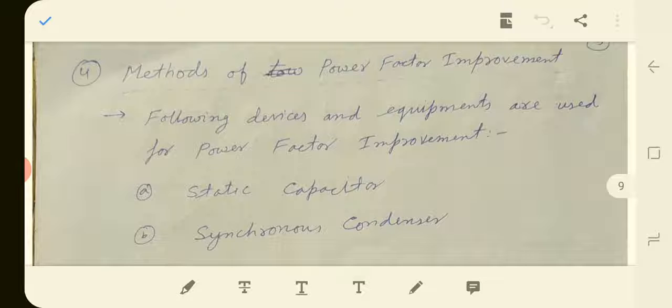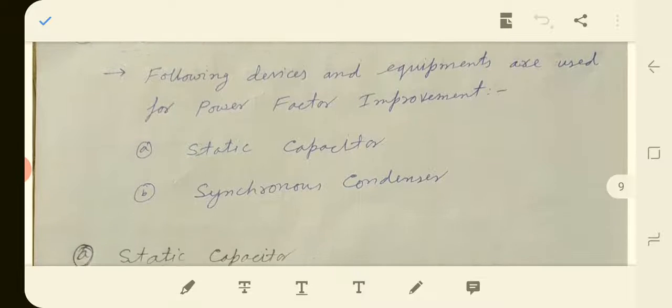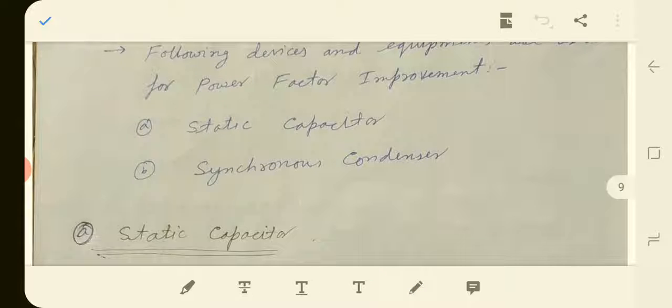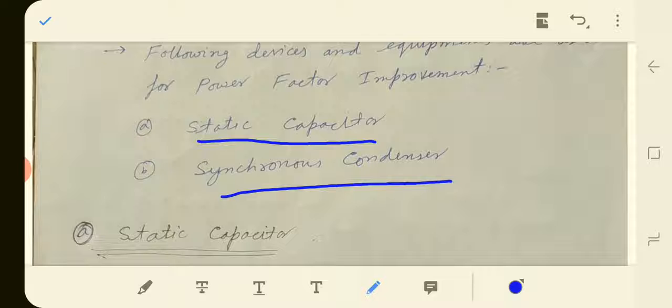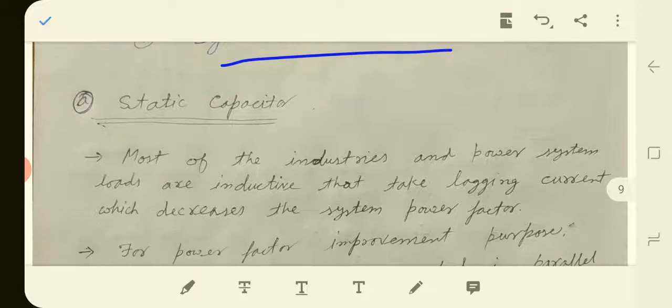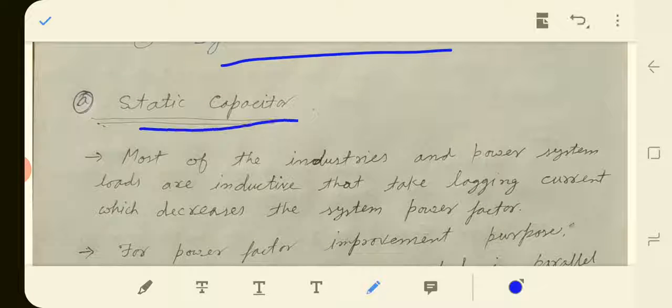And now we will discuss the methods by which we can improve the power factor. There are mainly two methods. The first is the static capacitor method, and the second is the synchronous condenser method. Today I will discuss the static capacitor method. The first method will be discussed today, and the next method will be discussed in the next lecture. Static capacitor method. In this,